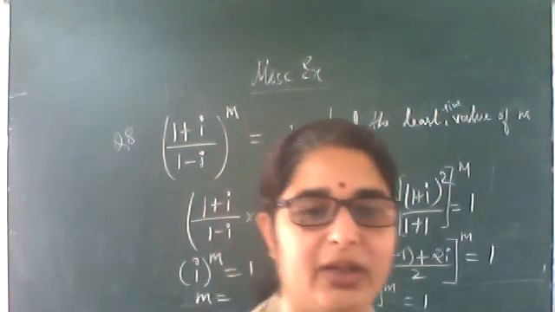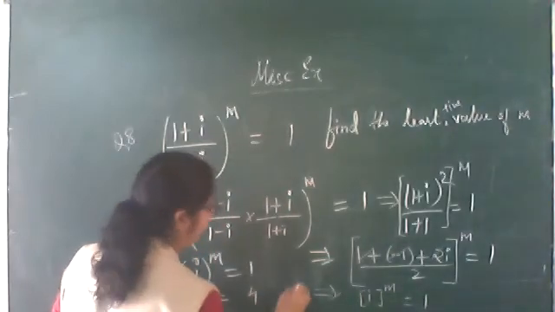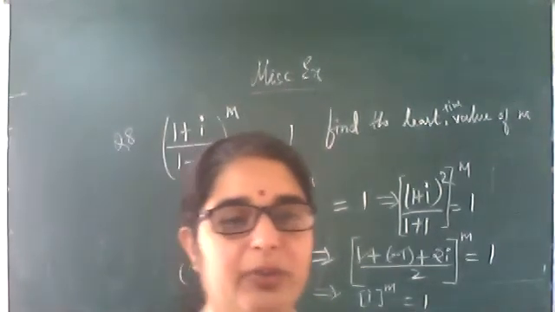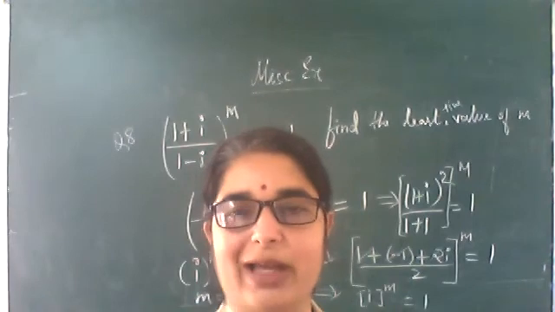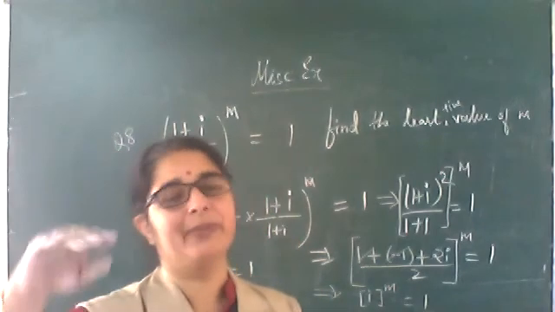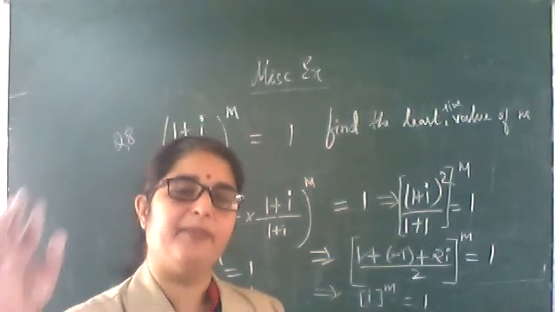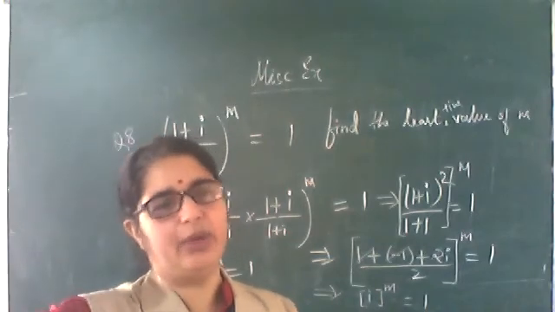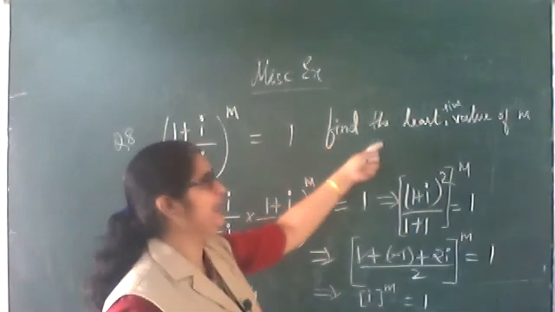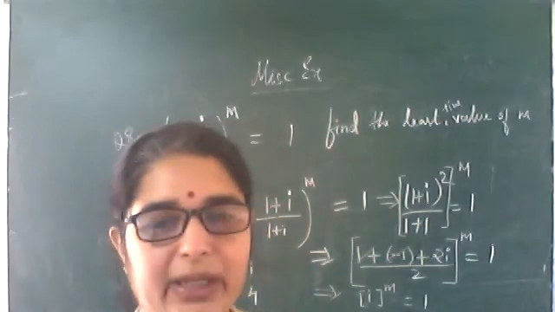Okay, 4. Very good. One student has answered 4. So the answer will be 4. We know why it is 4. We know that iota to the power of 4 is 1. So the value will be equal to 1 only. The value of m can take many values: 4, 8, 12, 16, 32, multiples of 4, anything it can take. But what we have to find is the least positive value. The least value will be 4 only. Is that clear? Okay, then next one.